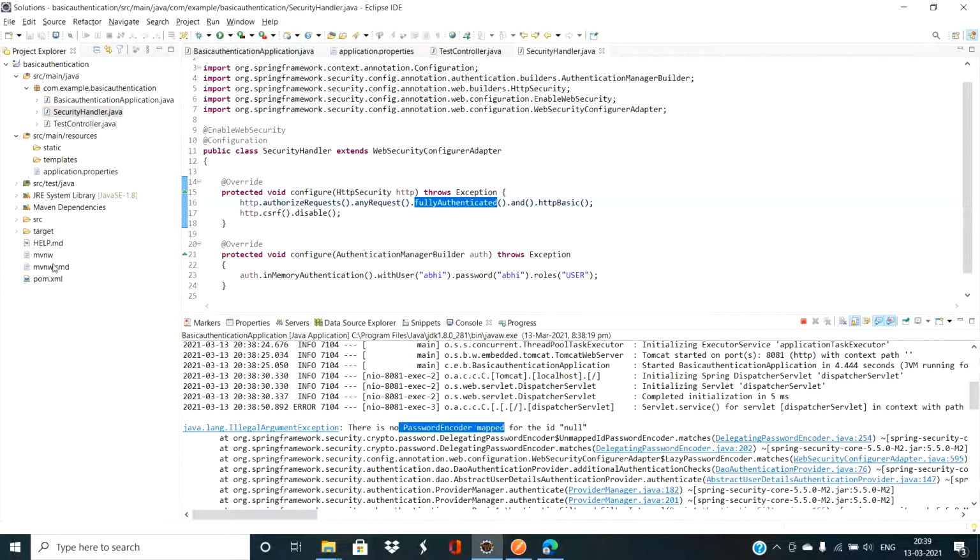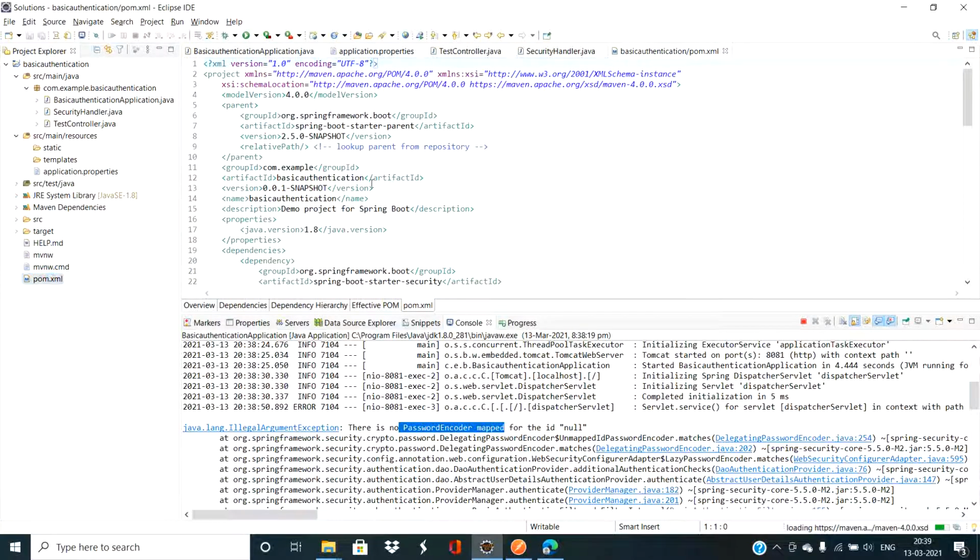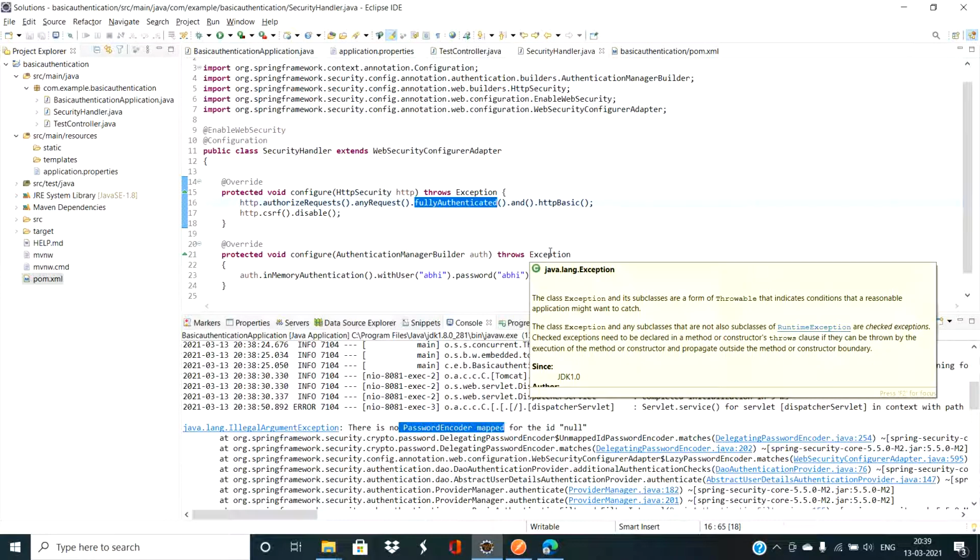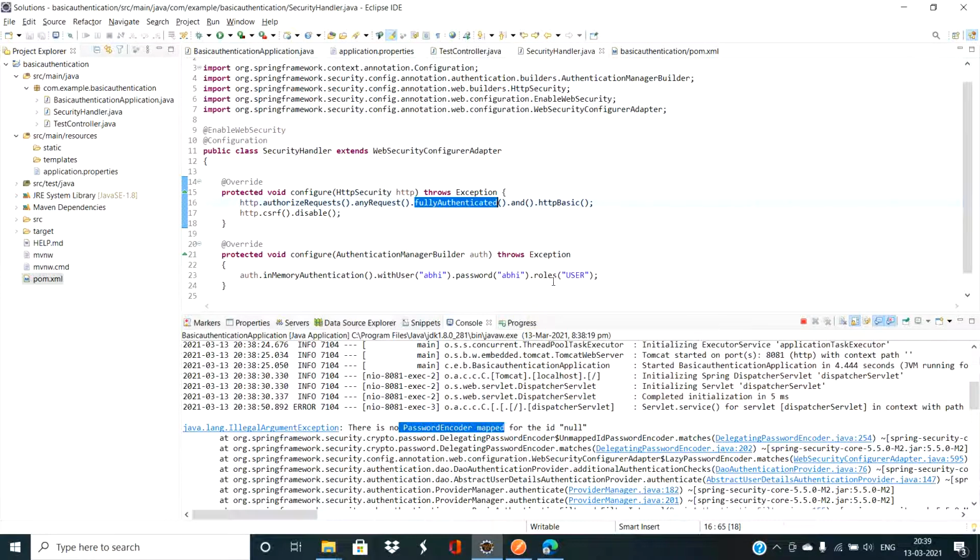Okay, since we are using the latest Spring Boot version, which is 2.5.0, we'll have to provide the password encoding, the password storage mechanism basically. There are different types of password encoder. As of now, I'm providing the simple one, the noop.